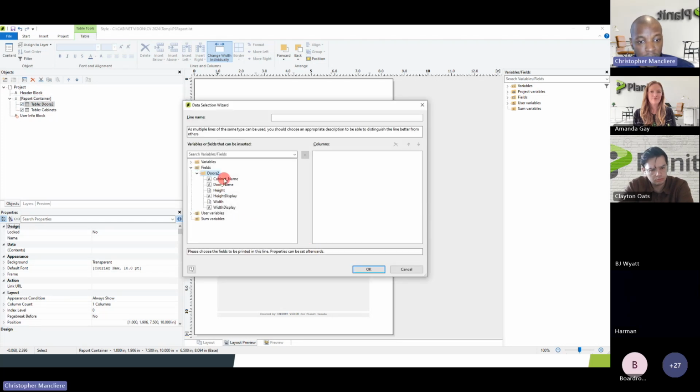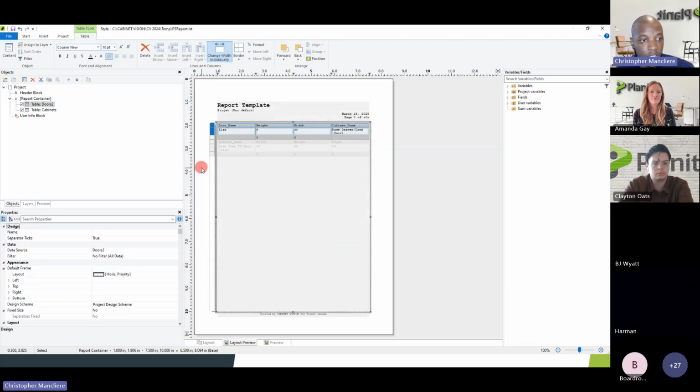And I want to select the door name, height, width, and the cabinet name, so I know the cabinet as well. As you can see, now I have two tables that will be displayed one after each other. So I have a door list and a cabinet list. And maybe I want my cabinet list first, so I can move it up, and I will have my door list. So if I save this